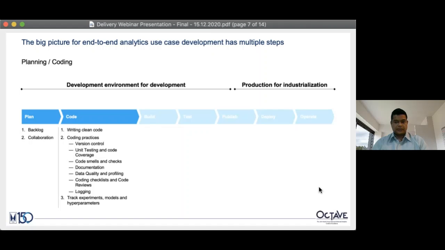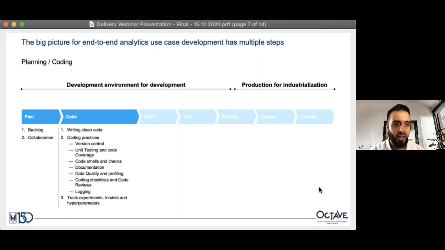Okay, so I'll do a brief intro, a few minutes, on planning and coding, and then it would be really good to understand what OCTAVE is doing and what you put in place. When I talk about planning and coding, if you remember what I said earlier about the tools that we use to collaborate, being able to write clean code involves a number of good coding practices. At the start level, I'd be pushing for version control, really being able to collaborate, not just with yourself but with other team members, sharing your work with others, moving away from reinventing the wheel, which we see a lot in organizations.